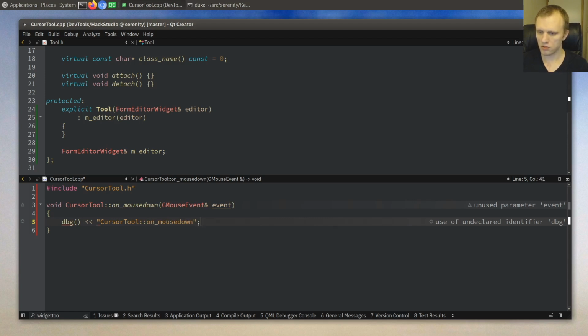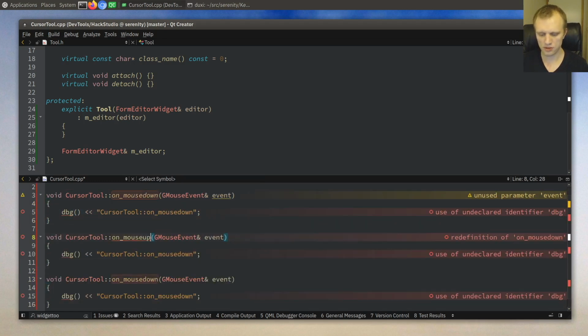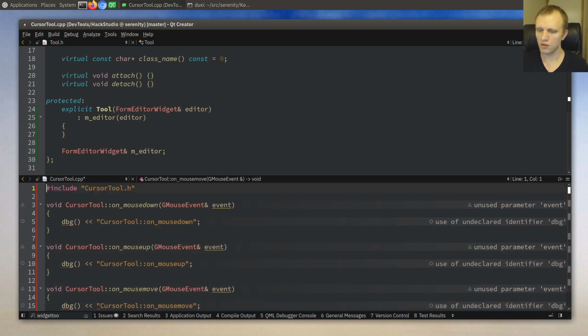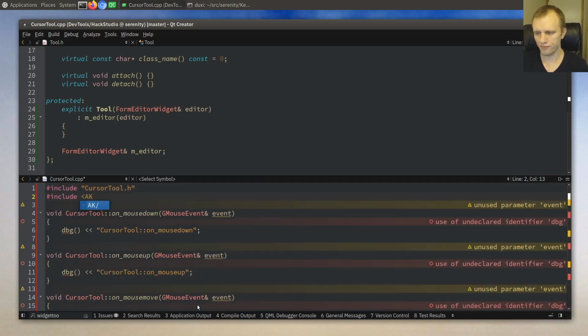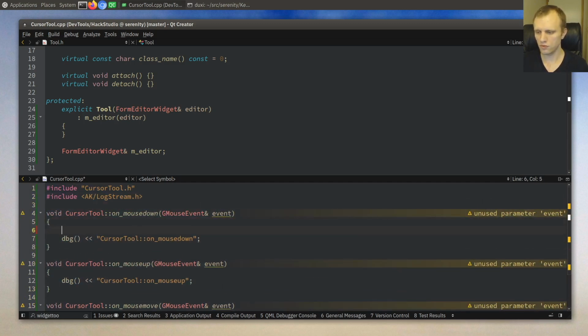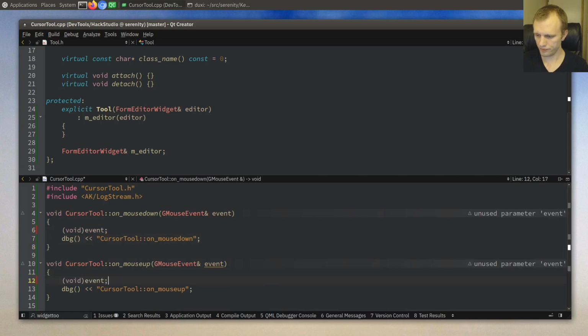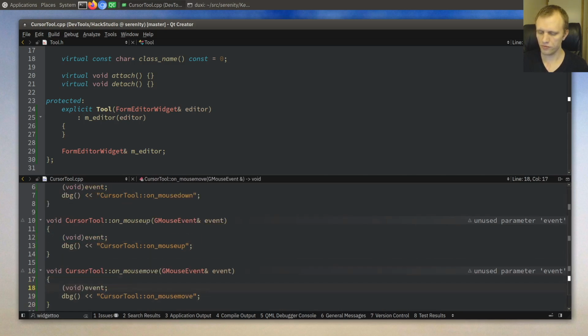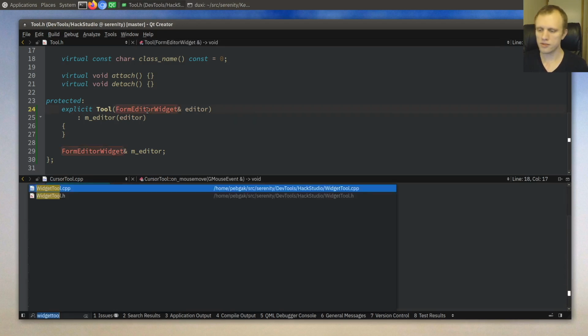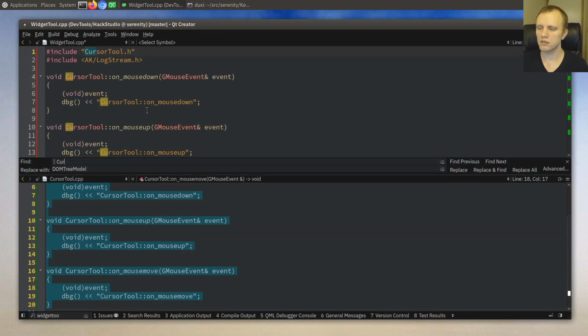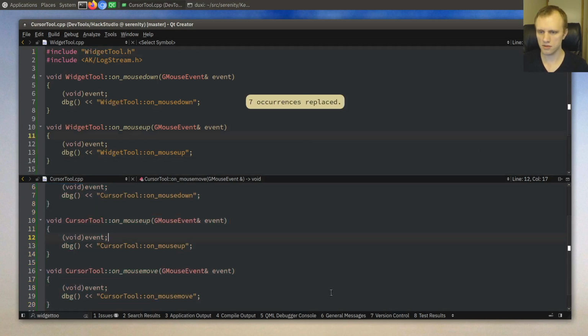On mouse down. I just want to see these working. Do the same for the widget tool here, and we'll just say cursor widget. All right, so